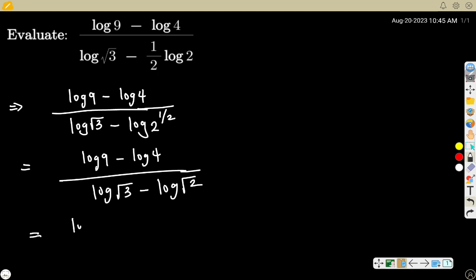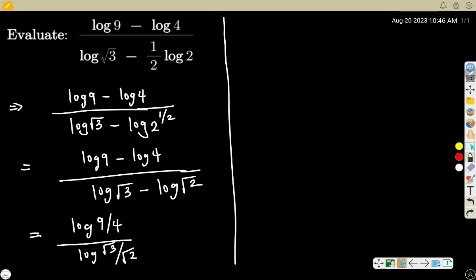We have that log 9 divided by 4 divided by log square root of 3 divided by square root of 2. Remember I told you that minus means divide. So that will be log 9 divided by 4, then log root 3 divided by root 2. So this is the same thing as log 9 is 3 square divided by 4 is 2 square. That is, 3 square is 9, 3 times 3, and 2 square is 4, 2 times 2